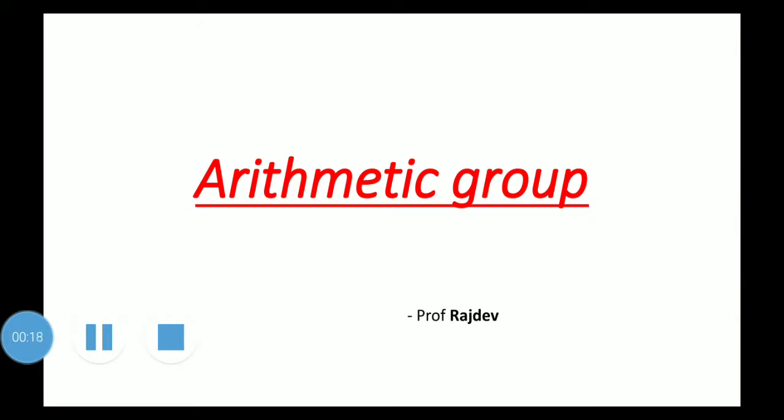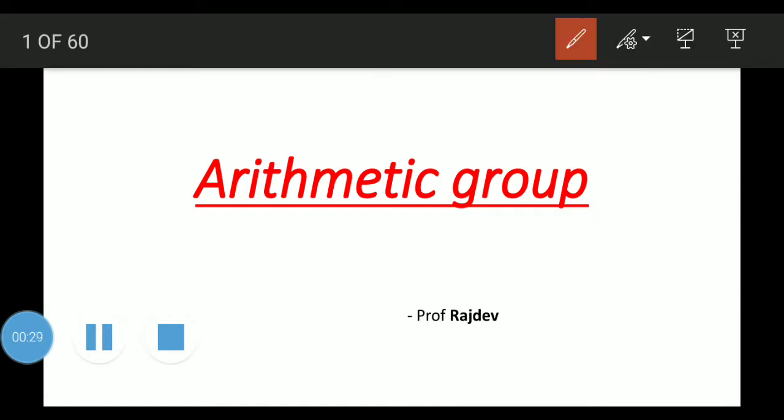Now in this lecture we are going to learn what the arithmetic group is and its role in programs. Students, as the name suggests, this group is responsible for performing all the tasks related to arithmetic operations. This arithmetic group is very important if you are going to write a program for calculation purposes. This lecture will be very useful for you, so please watch this lecture till the end.